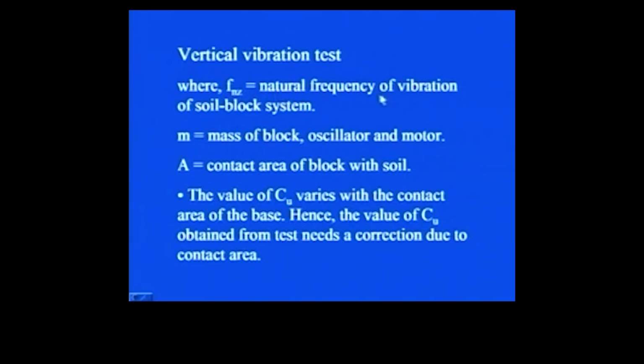Fnz is the natural frequency of vibration of the soil block system. M is the mass of the block, oscillator and motor. A is the area of contact of the block with soil. So from the response of the acceleration pickups, you can get the acceleration, that is small az, and from there